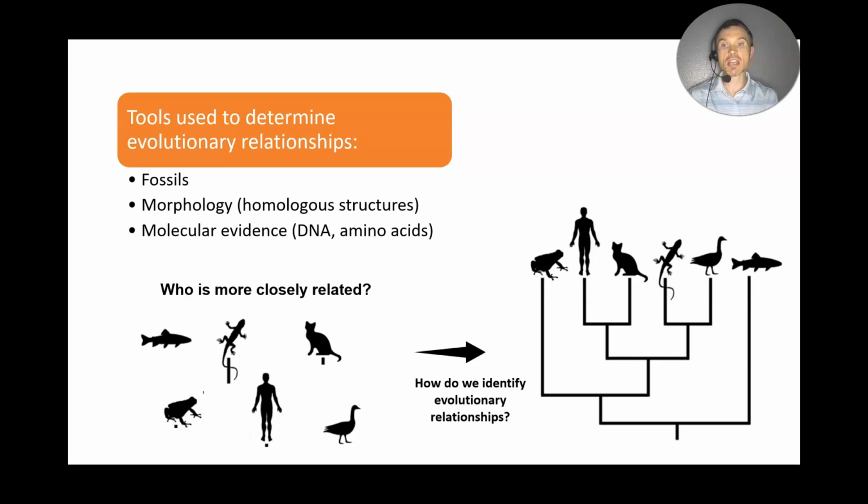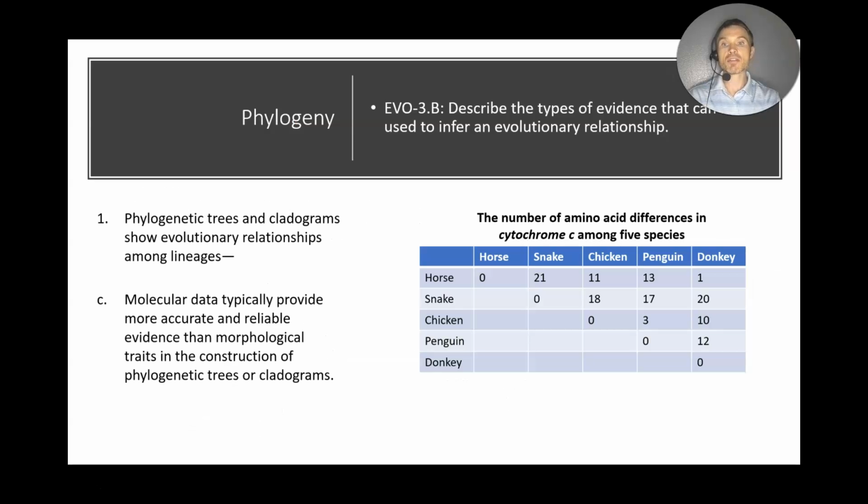So once again, if you remember from last video, we took a group of species and sorted them based upon characteristics, and we're able to identify their evolutionary relationship to one another, shown there on the right hand side. So this would be an example of a phylogenetic tree. Molecular data provides the most accurate and reliable evidence, more than morphological traits, in the construction of the phylogenetic tree